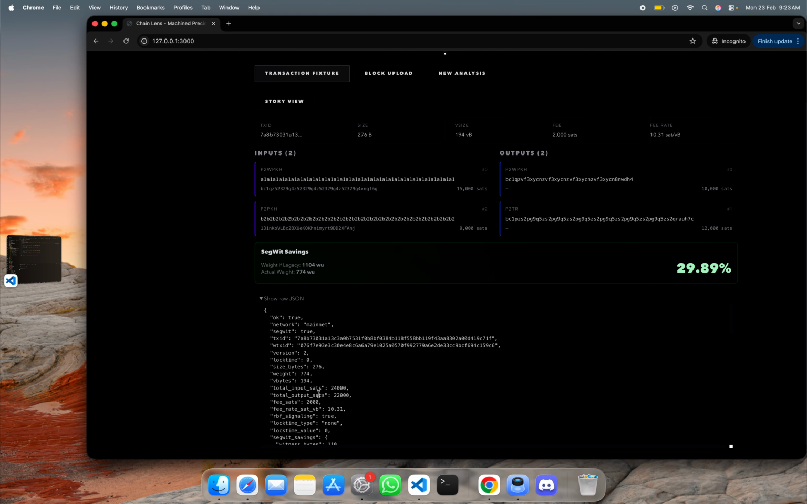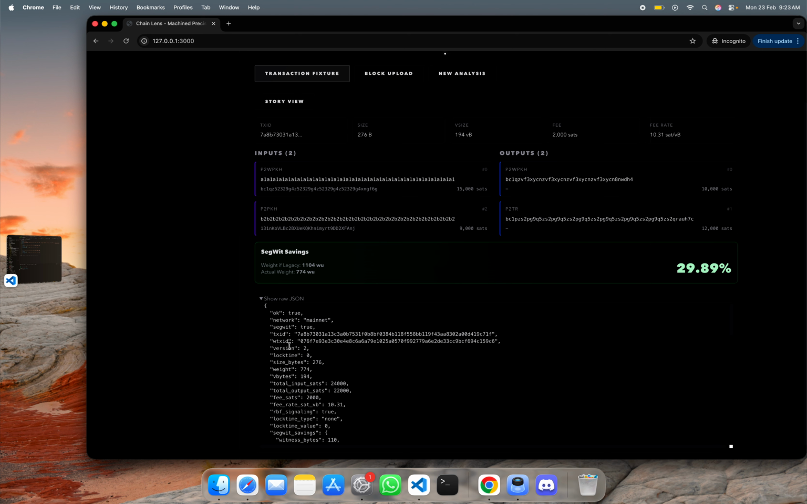txid vs wtxid. The txid is the traditional transaction identifier, without witness data, and the wtxid is the witness-inclusive transaction identifier. For SegWit, txid is not equal to wtxid. For non-SegWit, they are equal. Size bit, you can see here,